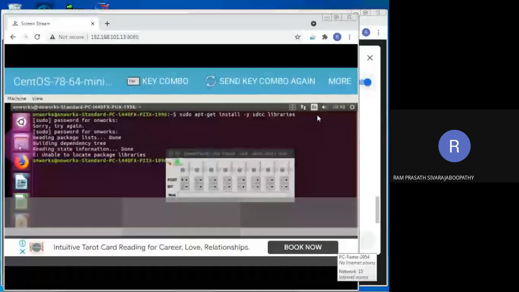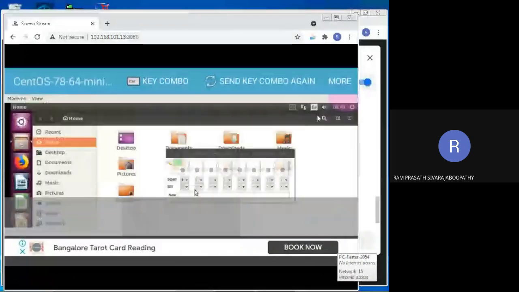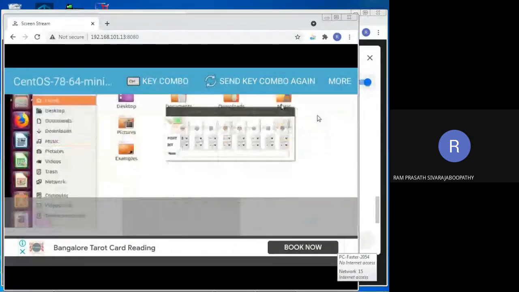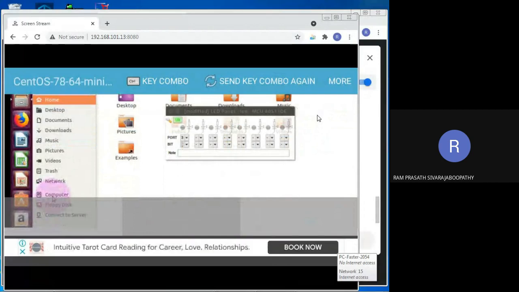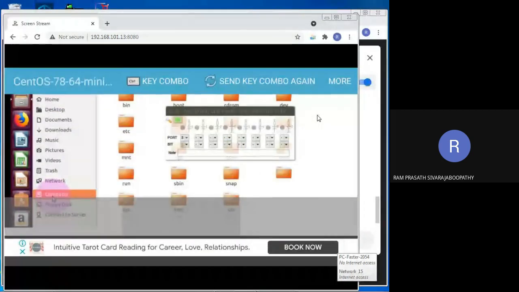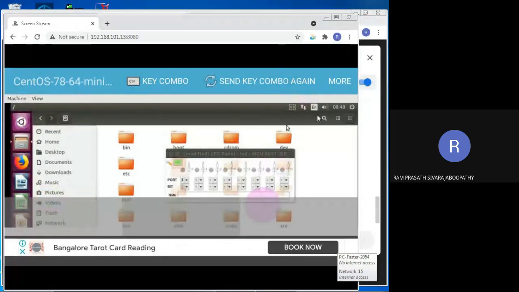It's not opening. Wait a minute. Yes, now it's opening. So here what you have to choose is computer. There you can go and see the names of the files you have. Yes. So here you have to wait a minute. I will close this for a moment. Later we can take this.